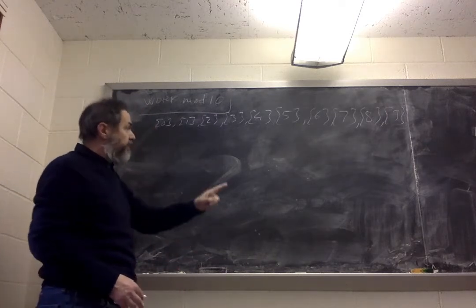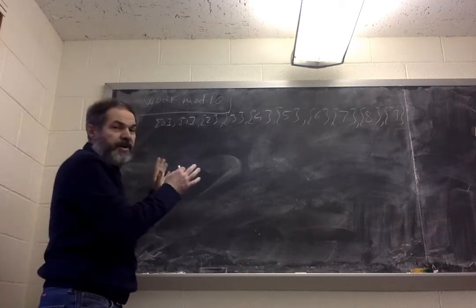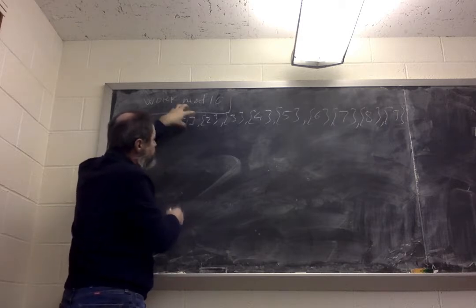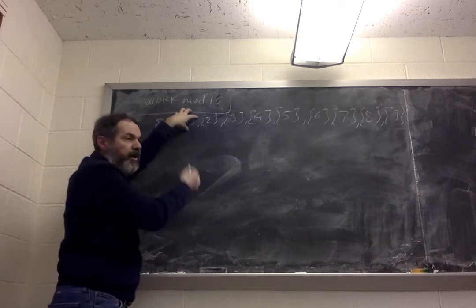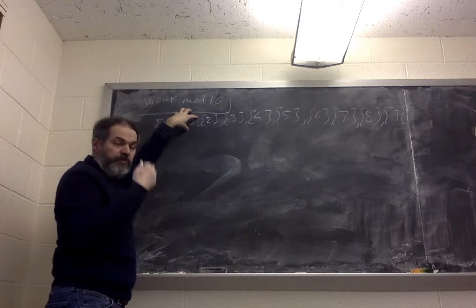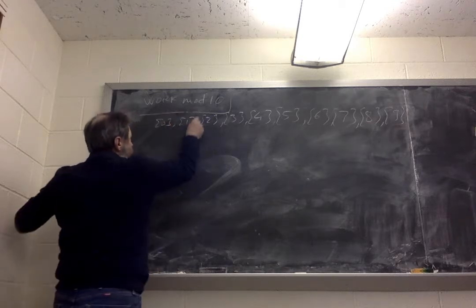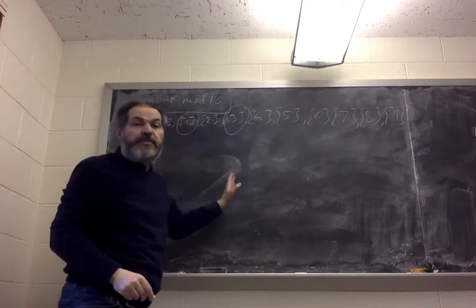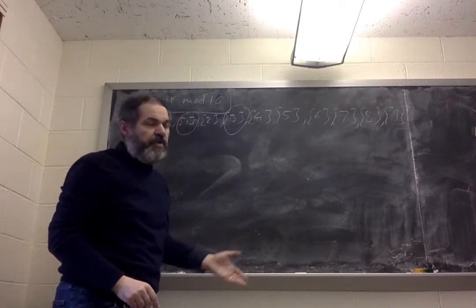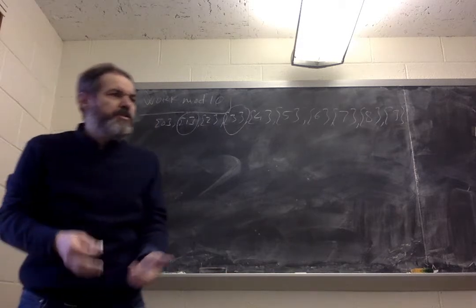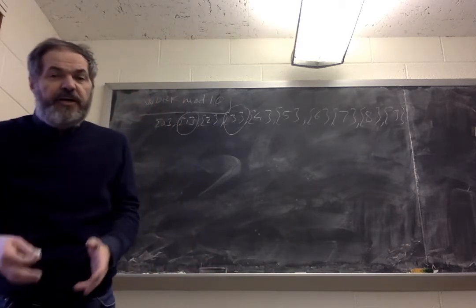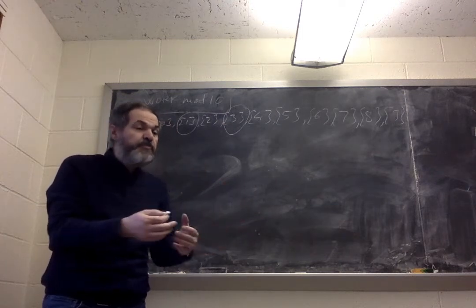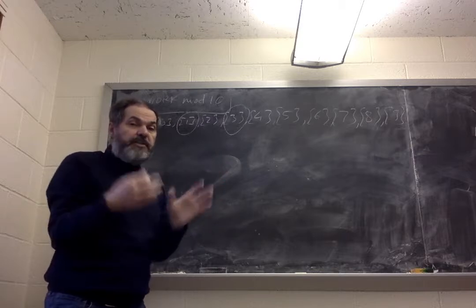And I claim that those numbers are exactly in 4 classes. 1, this class, consists of numbers relatively prime with 10: 1, 11, 21, 31, 41, and so on. That's one class. This is another class. Numbers that end with 3 are relatively prime with 10. So in other words, numbers that are not divisible by 2, numbers that are not divisible by 5. And what I'm saying is a nice thing happens, and it happens all the time, in general, that these numbers that are relatively prime with 10,